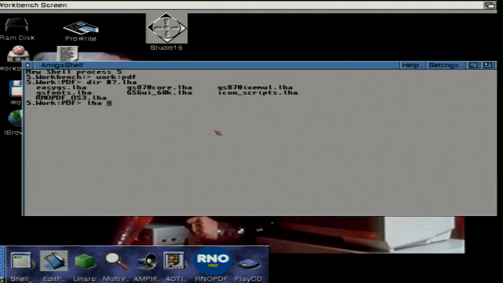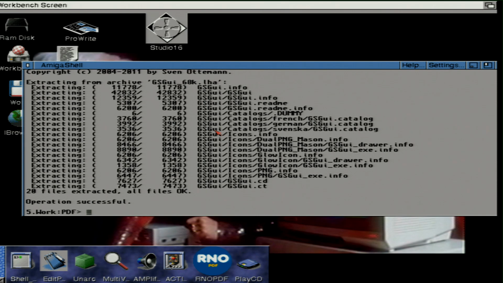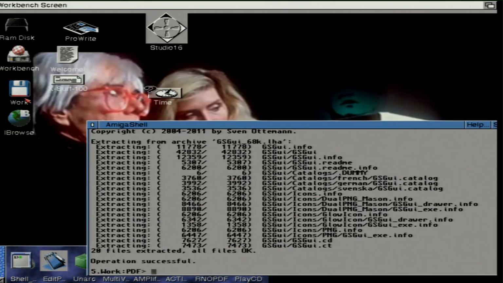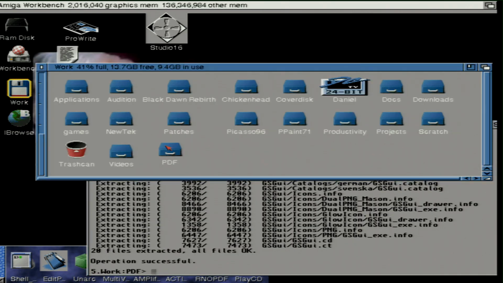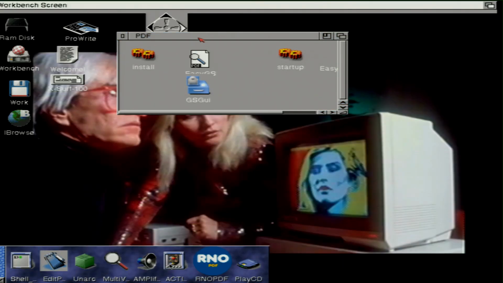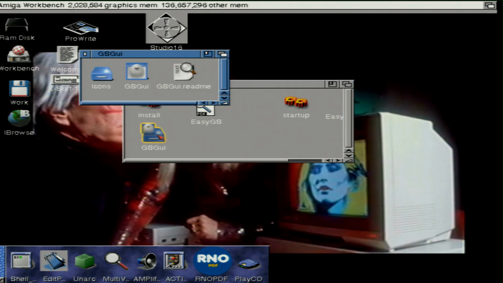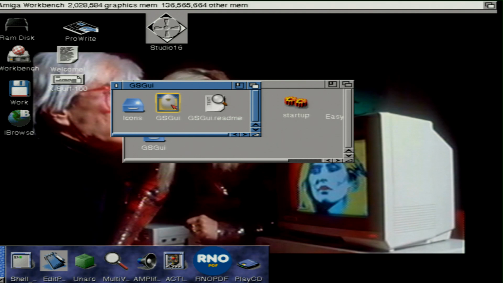We're going to do LHA E GSGui_68k.lha. There we are, done. Now we can go ahead and go into our PDF folder, and there's GSGui. Let's get rid of that, make it nice and clean. Notice I didn't have to do any assigns, but we will have to do what we did with the other